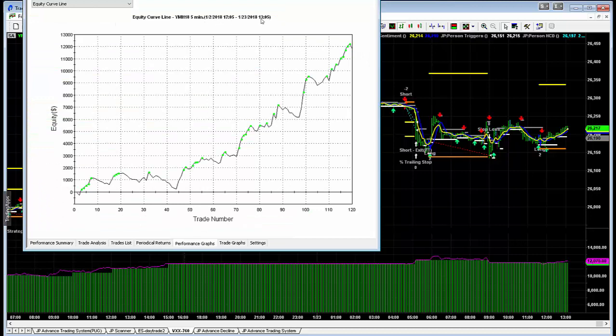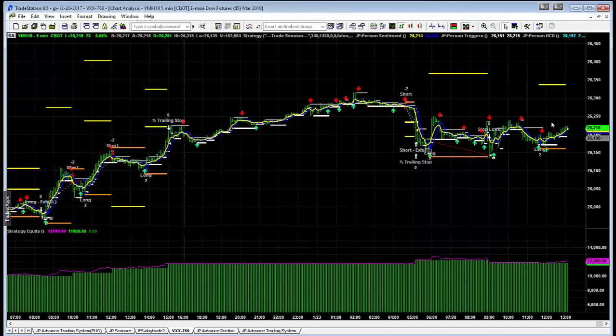This is just a simple model for the month, trading 2 lots only in the mini Dow. And I have no words for this. It's just fantastic. But even with that great performance, not every trade is a winner. Here's a situation where you got long the market, and what did it do? Got stopped out. Now it's long the market again, and it's starting to kick up into high gear.